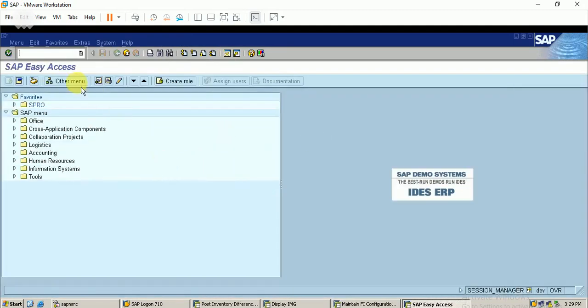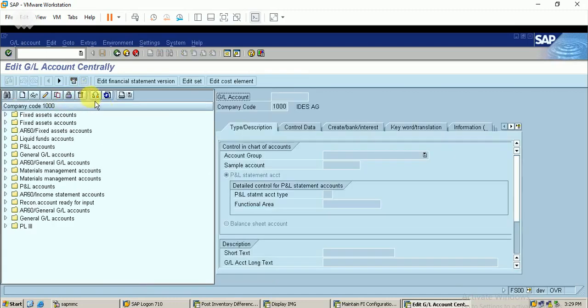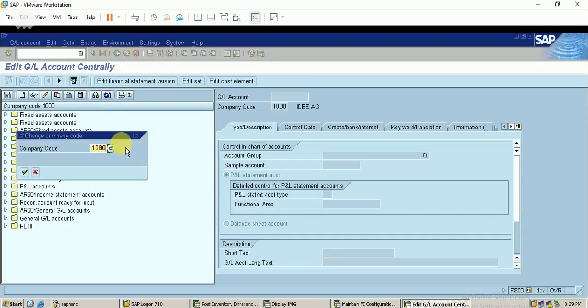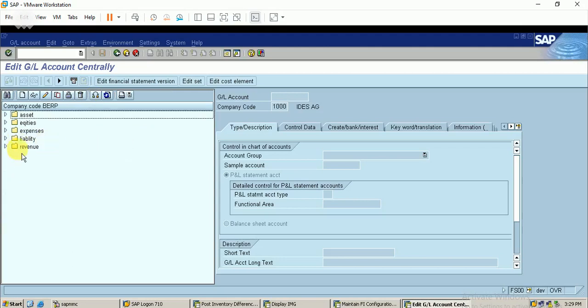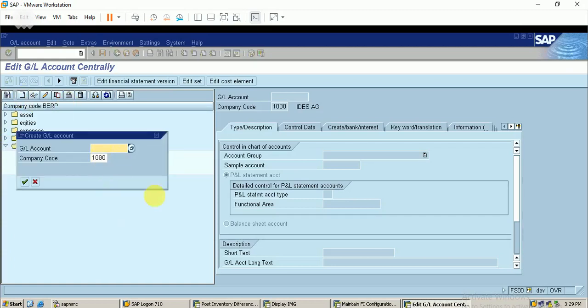ledger creation, change the company code. So I just go on with the revenue. Just create a new account, 40004. There is an available sale account. And this is my company code.